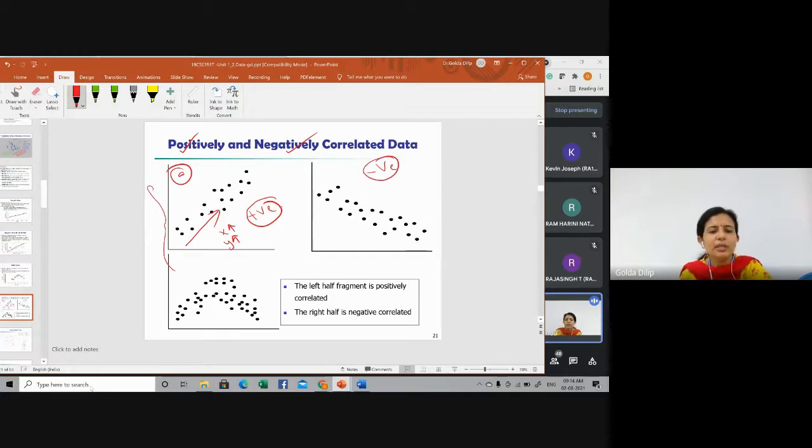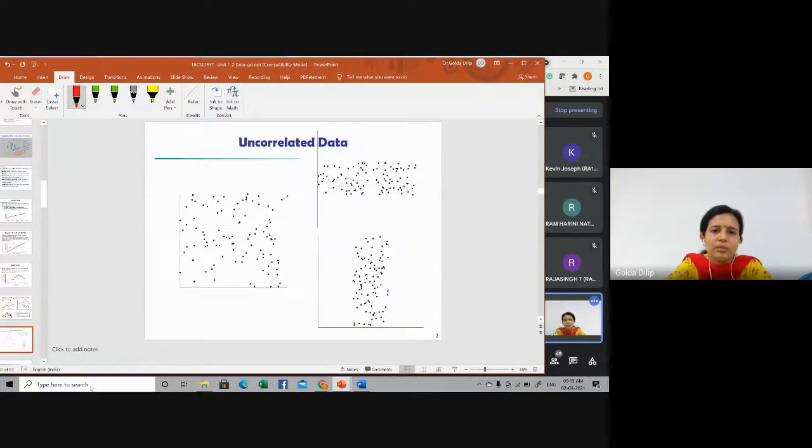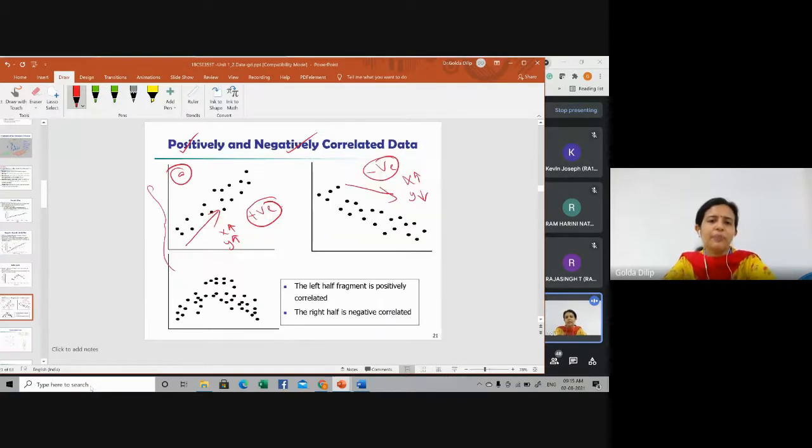Or you can see this is a case of a negative correlation. Negative correlation means it's sloping down, from the upper left to the lower right. The value of X is increasing, whereas the value of Y is decreasing. X increases, Y decreases. So this is a case of a negative correlation. A line of best fit can always be drawn to study the correlation between the two variables we are considering. That is what the scatter plot is about. And this is totally uncorrelated data, with no correlation between the two attributes X and Y. So this is basically for finding the relationship between two attributes.